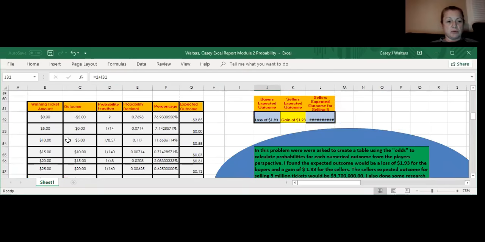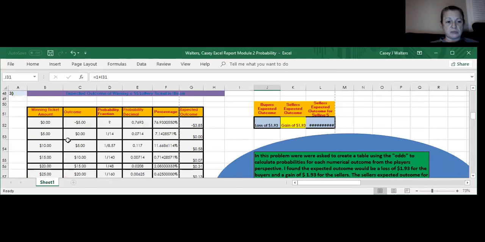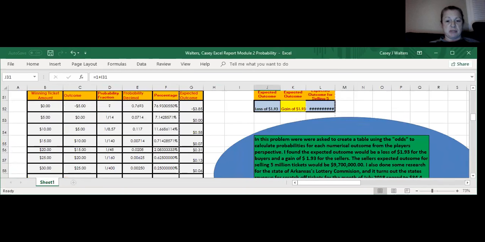So moving right along, we're on number 3, and it was about a lottery ticket. In this problem, we were asked to create a table using the odds to calculate probabilities for each numerical outcome from the player's perspective. And in doing so, I found that the expected outcome would be a loss of $1.93 for the buyers and a gain of $1.93 for the sellers. The seller's expected outcome for buyers, for selling, sorry,